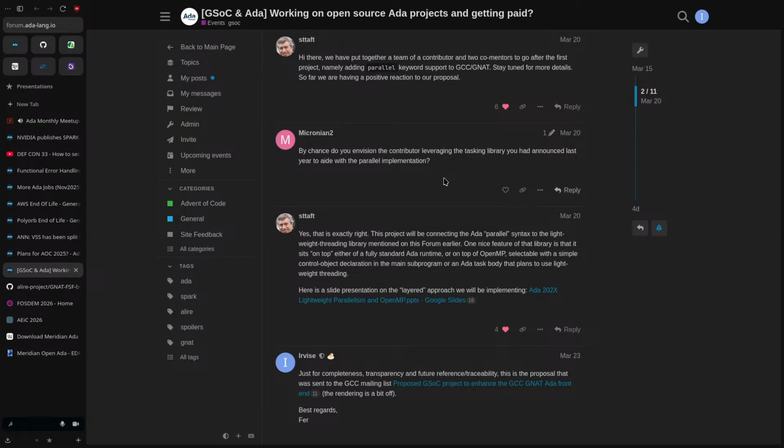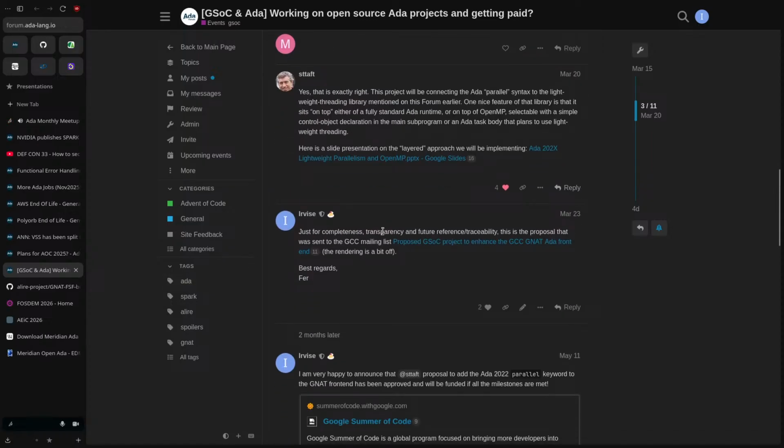Their proposal was accepted as part of the GCC block of proposals, and they've been working on it and have created a branch. It's under the Ada Rapporteur Group GitHub group, a clone of GCC with the parallel branch, which you can just compile, and it has the initial stages of the parallel keyword implemented.